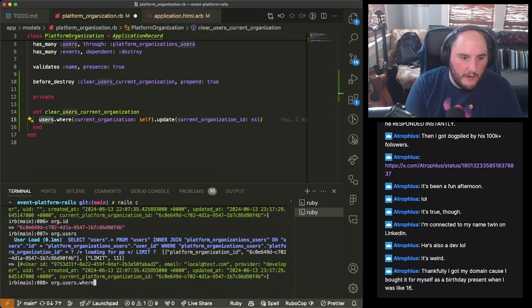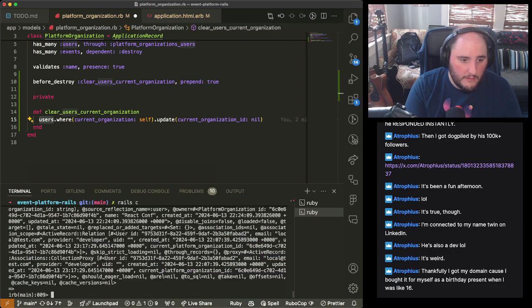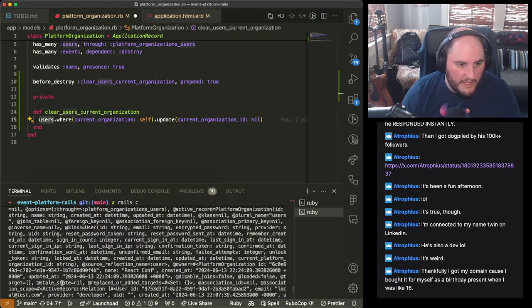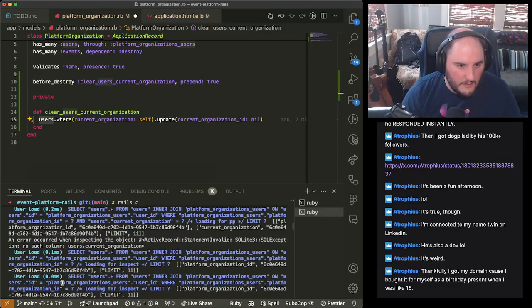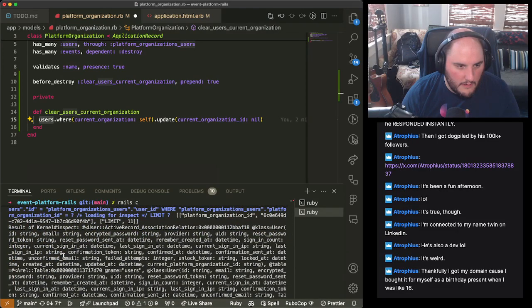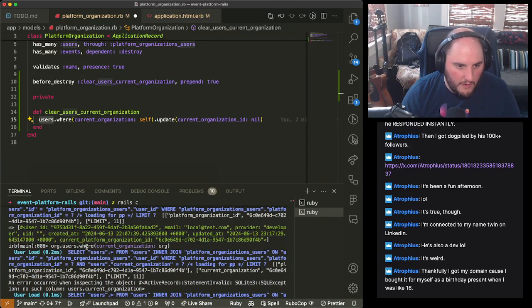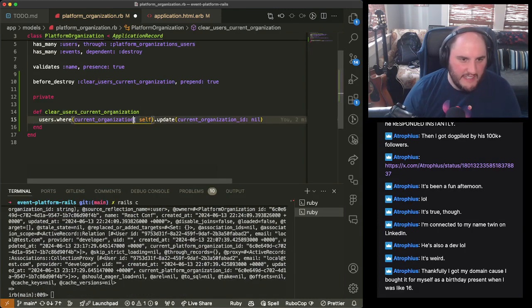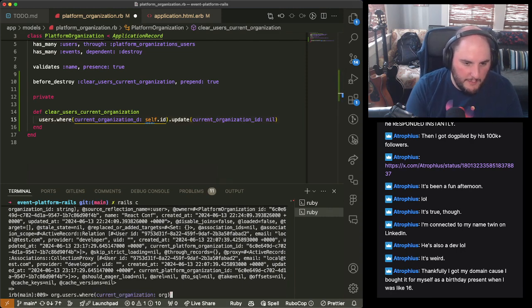And if we do where current organization is the org, we're getting what looks like an error. Looks like it got everything I wanted. But because I have the ID, I probably just can do it this way. And it might be a bit better.